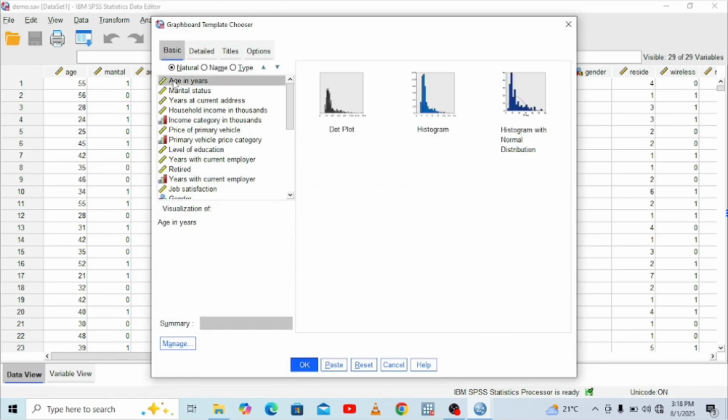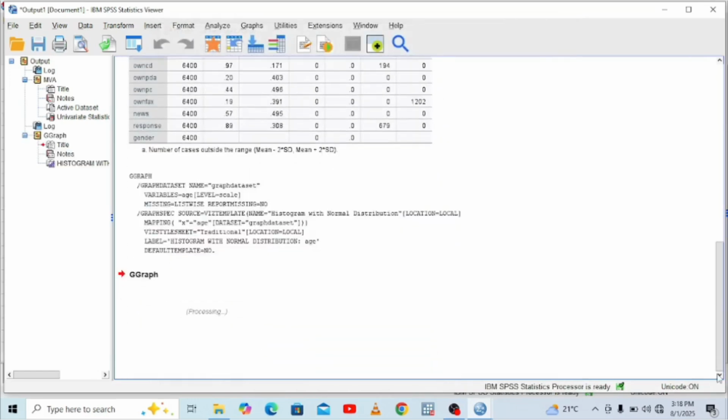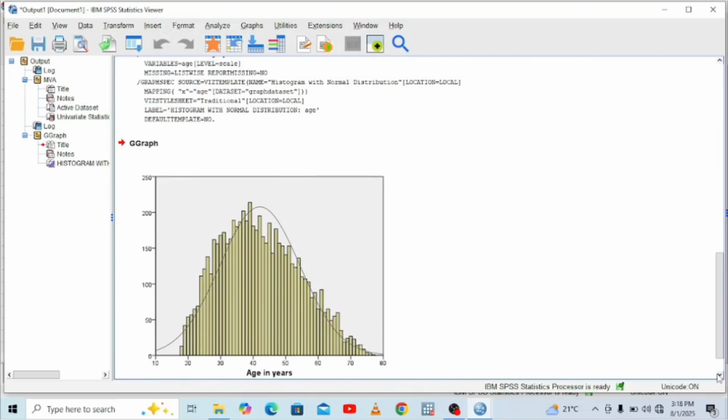Maybe here we have a continuous variable like years. Years are continuous in nature, so the best graph we can generate is a histogram with a normal distribution, to see the distribution of our years and notice if our years are normally distributed or skewed in nature. So we can try and generate a histogram of the distribution of the years and then click OK. An output will be produced here below. Let me show you. This is the output which we have received,